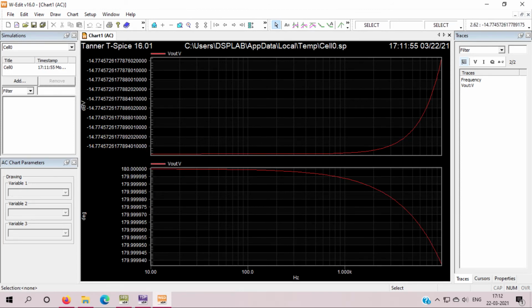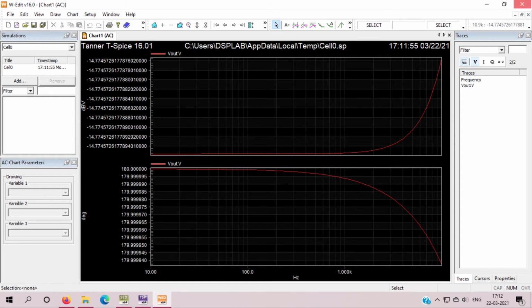Okay, you can see when I have increased the value of resistance, this whole dB decreased. Okay, meaning magnitude decreased. This is minus 14 now, and the phase shift is the same. Phase shift will be the same.